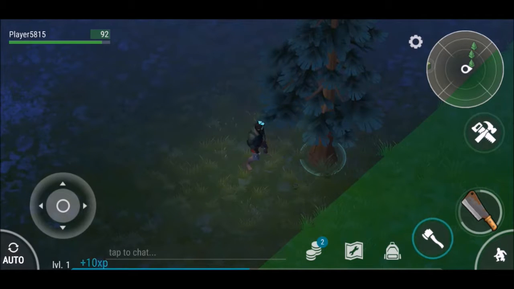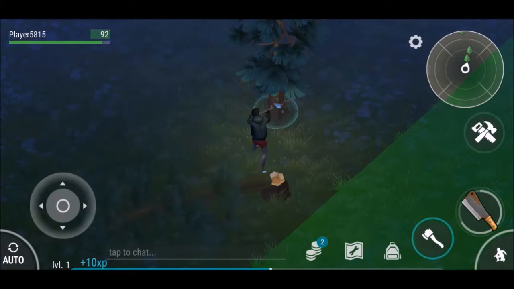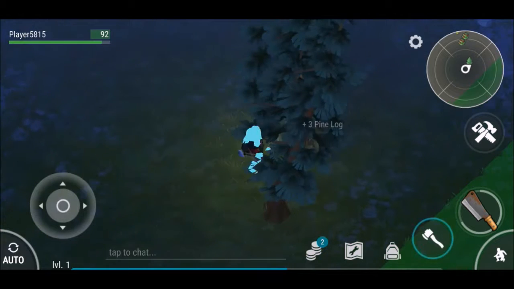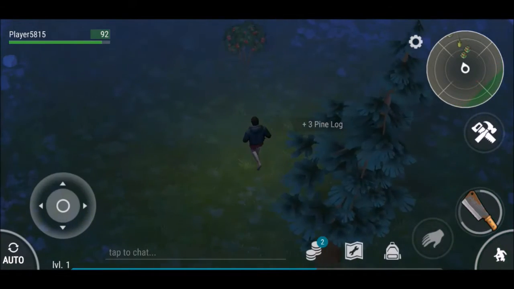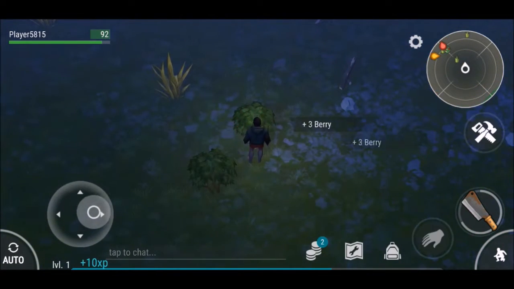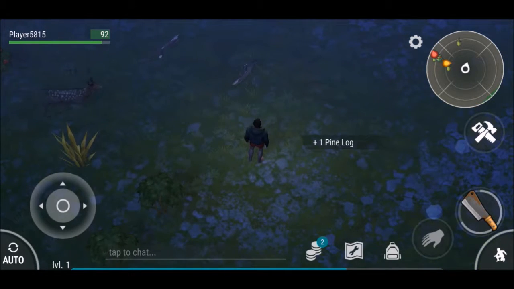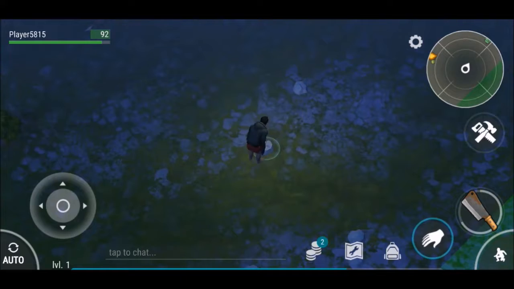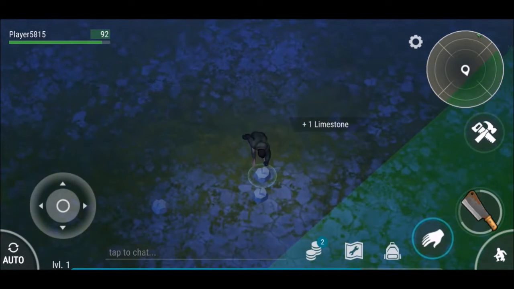On the bottom, you can see level 1. You do get experience points, which is what you need to level up more, which is fantastic. And there's the little hand, which is to grab stuff. You have your cleaver, which shows up all the time, which is cool. And then you have the little sneak button on the bottom right corner, which is cool